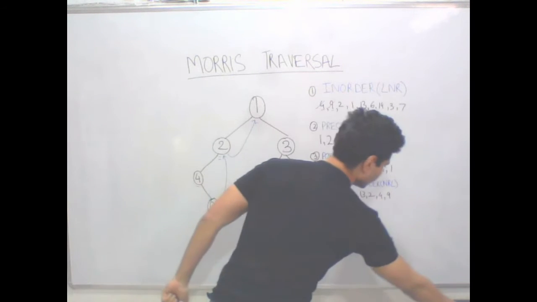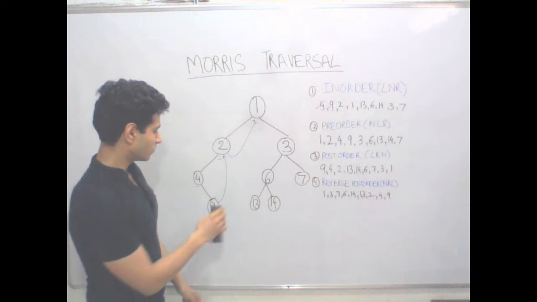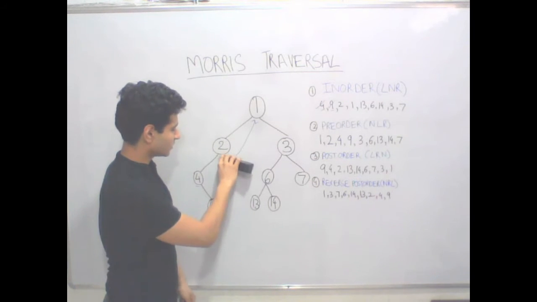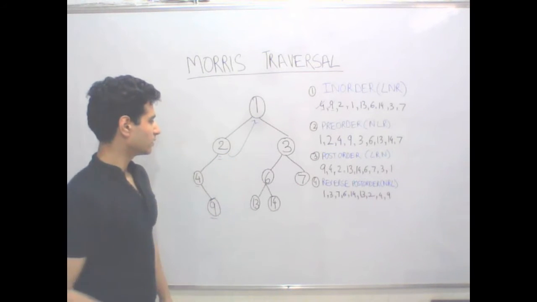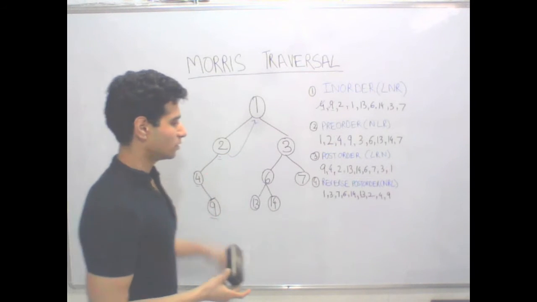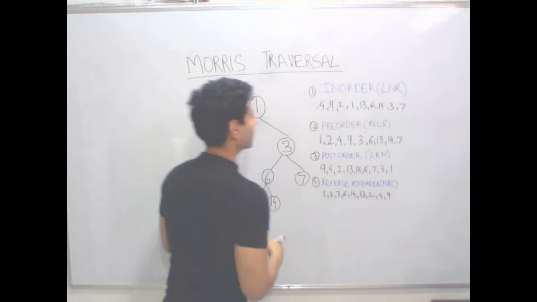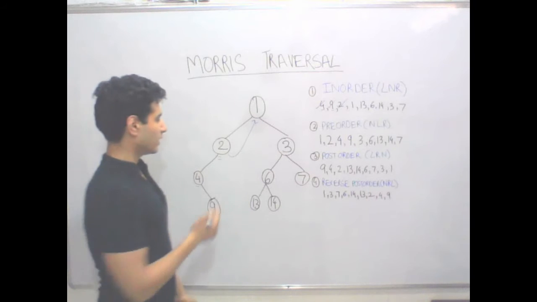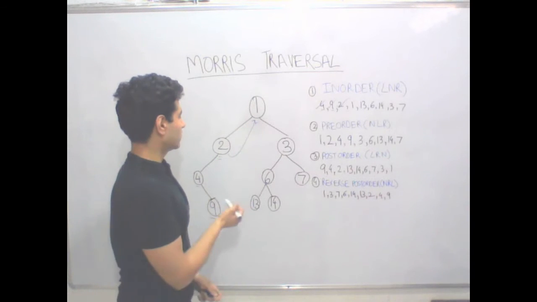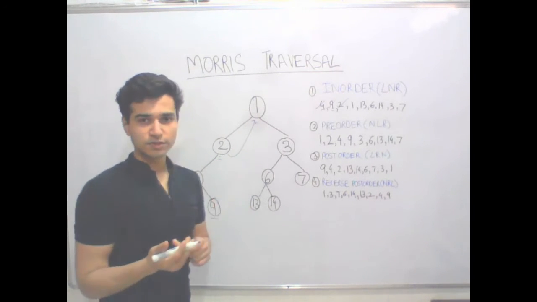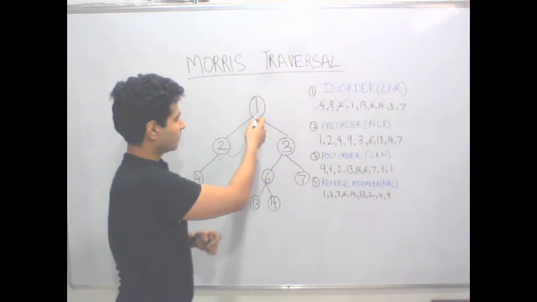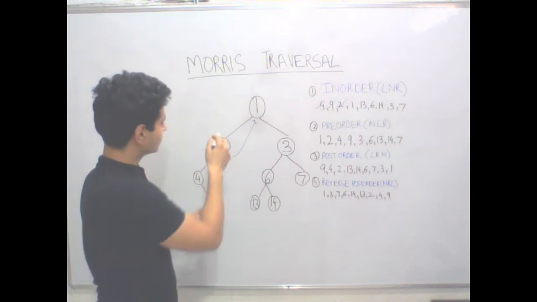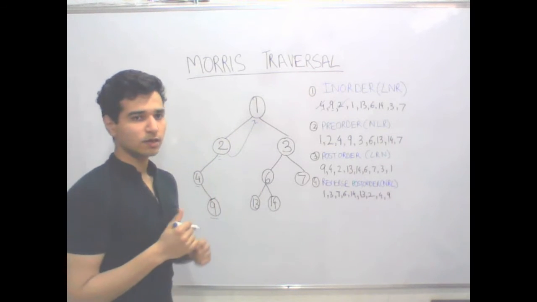So how can we process this? We first restore the left node: the predecessor, which is 9's right, is set back to null, and we store 2, the current node. Now 2 is stored, and we go right, and its right is 1. Again we do the same step. As 1's predecessor links back to 1, the current node, this left half has also been processed.